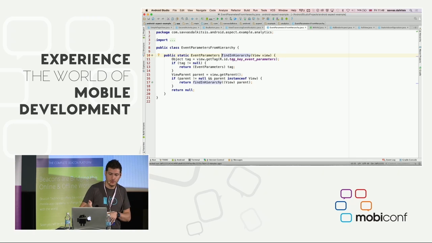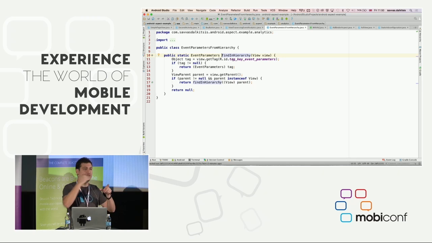What this allows you to do is have multiple levels of these objects. So you can use that annotation in a fragment. In the fragment's case, you would have a different trait for that, obviously, but it wouldn't attach that bundle into the root of your view. It would attach it at the root of the fragment's view. So then you can basically say, if my buy button comes from this fragment, it will get the parameters of the fragment. If it doesn't, it will get the parameters of the activity. And all this happens automatically.